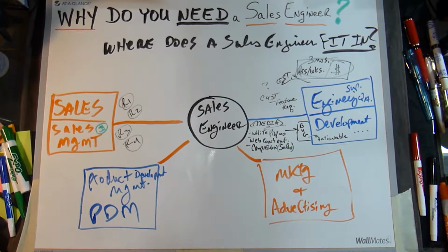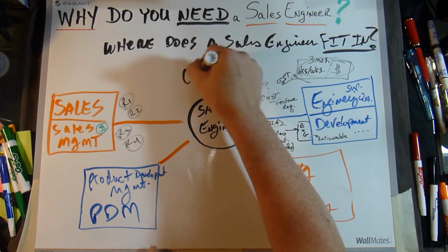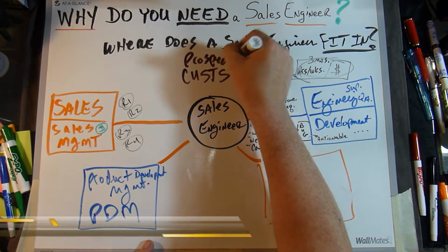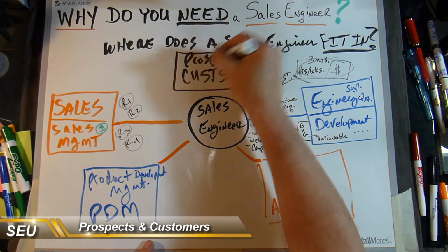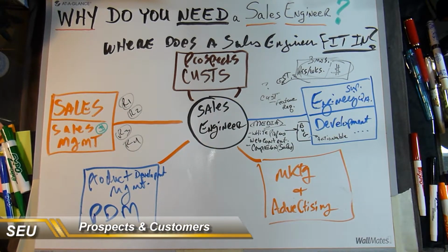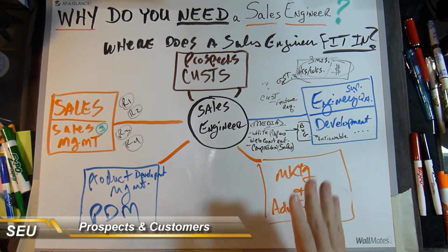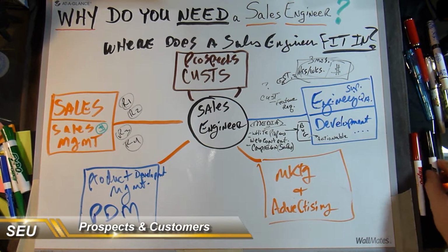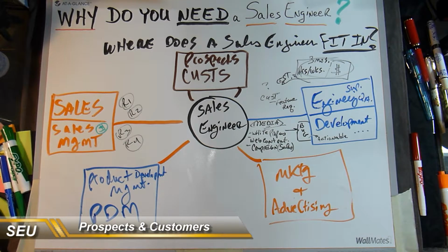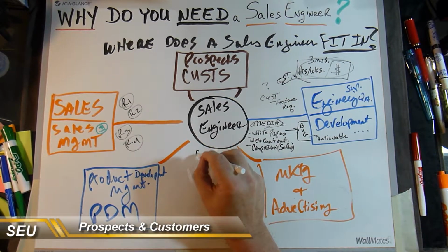So I guess it's about time that we start talking about our customers and our prospects. Now, all the time here, you've been seeing me add lines around the sales engineer. The reason I'm doing it this way is because logistically, in other words, people-to-people wise, this is exactly how it happens. The sales engineer is focused on the customer.